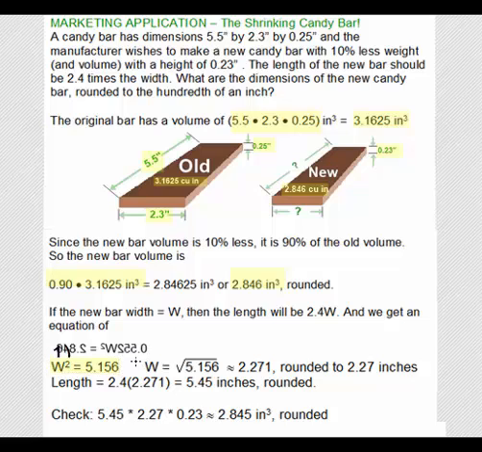We solve this by square rooting both sides, keeping only the positive answer because this is a dimension. And we get W equals 2.271, rounded off to 2.27 inches. And that means the length is 2.4 times that dimension of 2.271, and that rounds off to 5.45 inches. So our dimensions are 2.27 by 5.45,